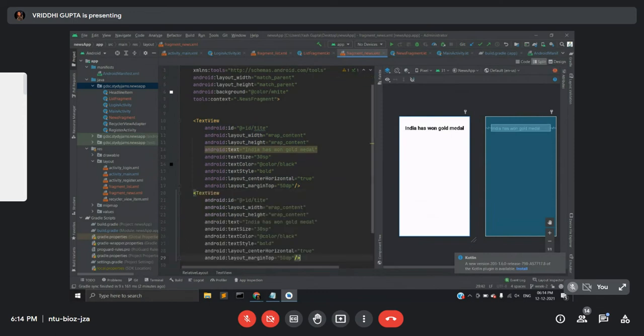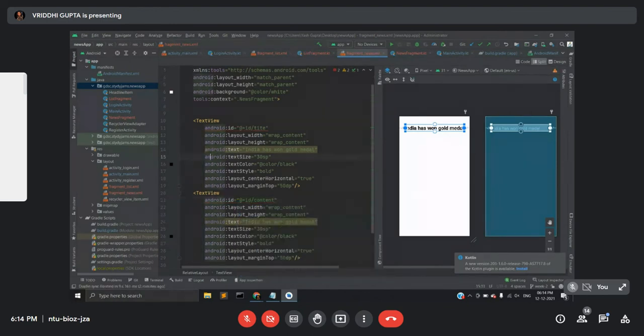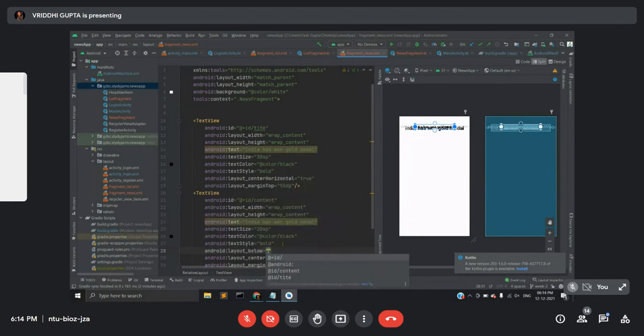For the content part we will be creating another text view, and here we will be giving the ID as content. Then India has one gold. Okay, let it be for now. Text size we will keep small, with margin top, and we'll add one more line, that is layout below @id/title.